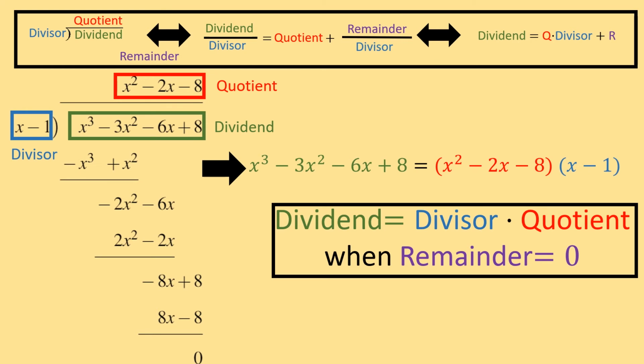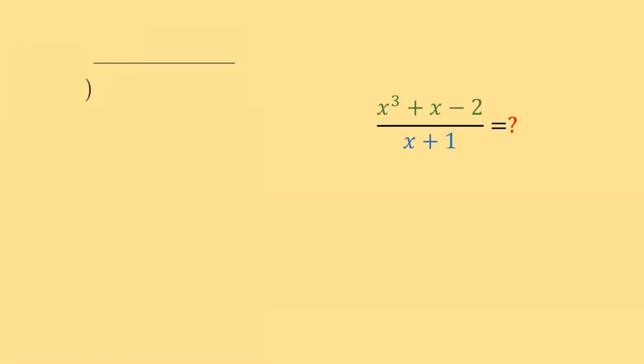Okay, why don't we work with another problem? Let's try to divide x to the third power plus x minus 2 by x plus 1. Notice that I have no x to the second power in this top polynomial. When we go to write the long division out, we want to make sure that anytime we have a missing power of x, we put a placeholder 0 x raised to that power in its position so that we can do this algorithm correctly. So notice I'm going to put this 0x squared here as a filler whenever I put this in my dividend position.